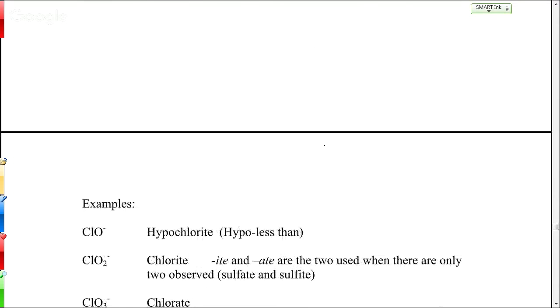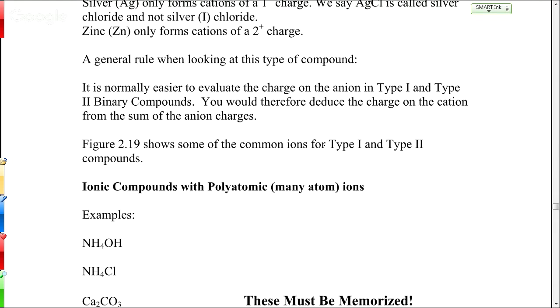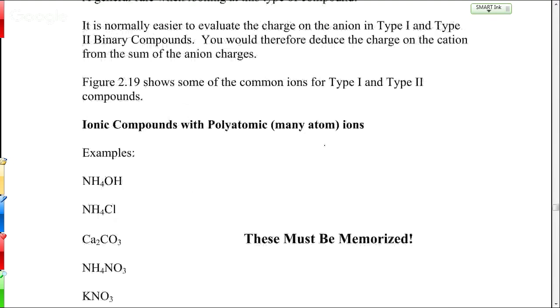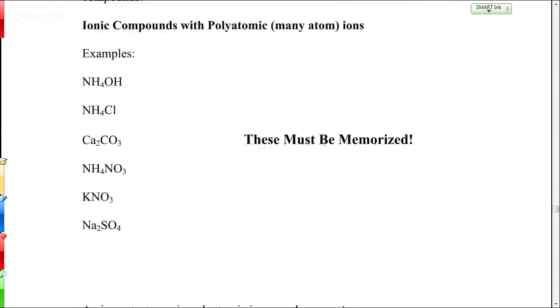Other examples, oops, before we get to the other types of compounds, let's look at the polyatomic ions. So sometimes you'll see compounds that look like this. And these are still ionic compounds, but they're made up of these grouped type ions, these ions that have multiple atoms inside them. So first we've done the binary compounds, which is monoatomic. Now we're looking at the polyatomic ions.